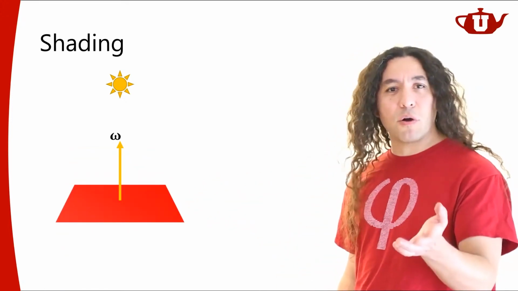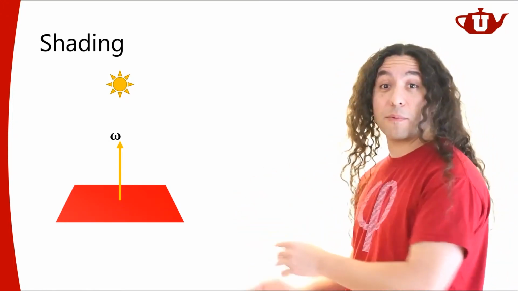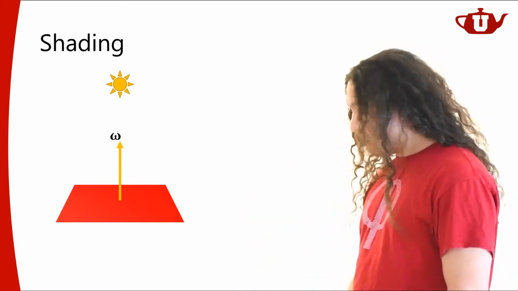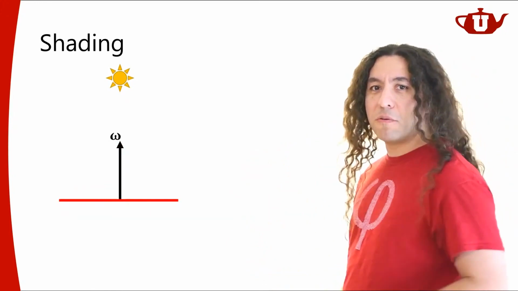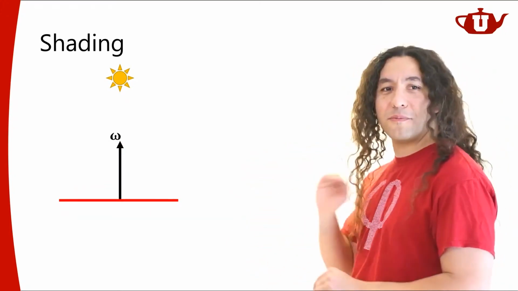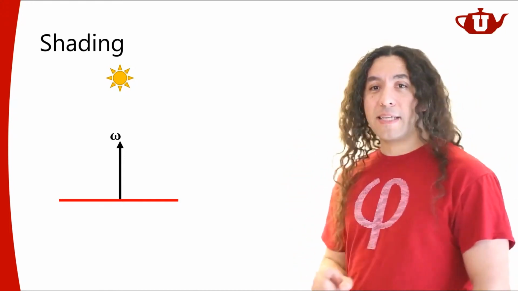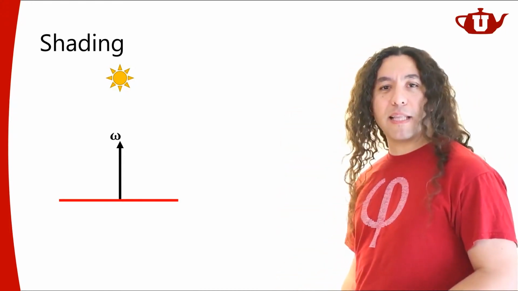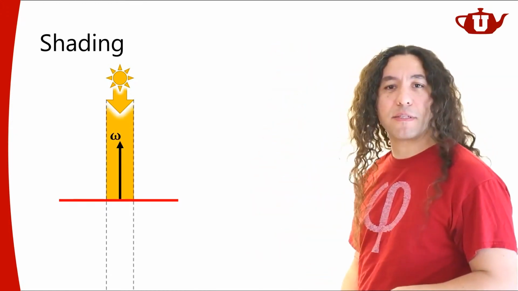So let's see what's going on here and why this is happening, so we can actually quantify exactly what's happening here. For that, I'm going to do a different view. Let's look at it from this cross-section view. And for that, I'm going to look at a beam of light coming from this light source, a beam of light just coming and hitting this surface.